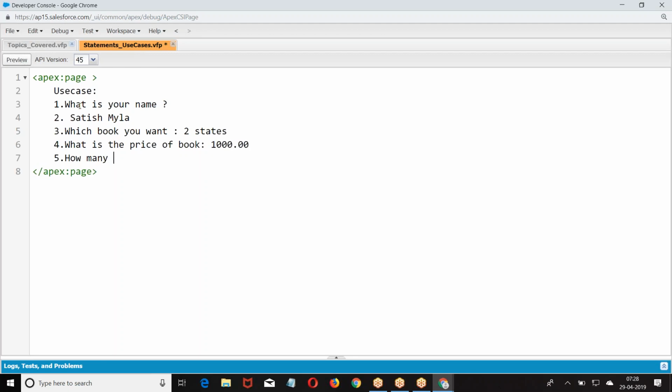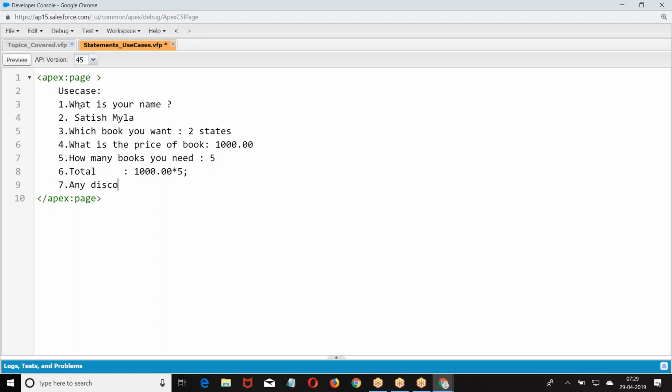How many books you need? This is the conversation we had. So this is the conversation I had.